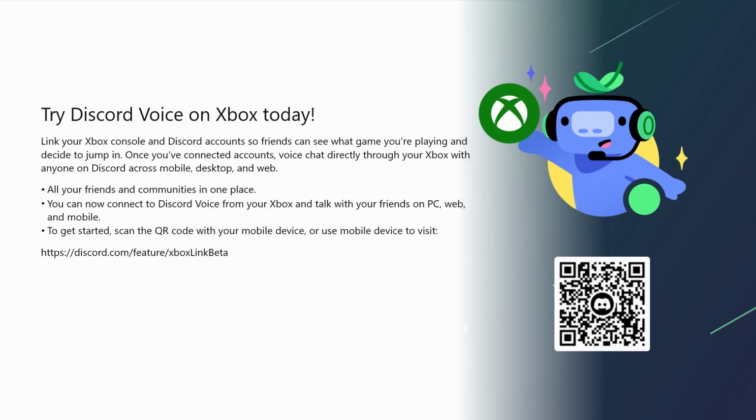Link your Xbox console and Discord accounts so friends can see what game you're playing and decide to jump in. Once you've connected accounts, voice chat directly through your Xbox with anyone on Discord across mobile, desktop and web. All your friends and communities in one place. You can now connect to Discord voice from your Xbox and talk with your friends on PC, web and mobile. To get started, scan the QR code with your mobile device or use a mobile device to visit, and then